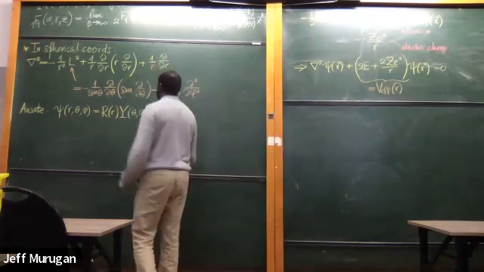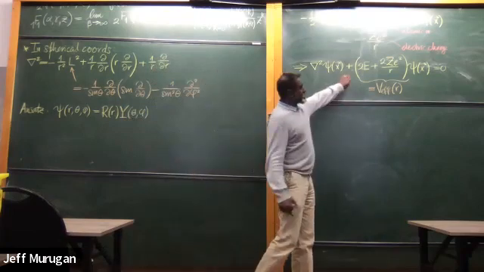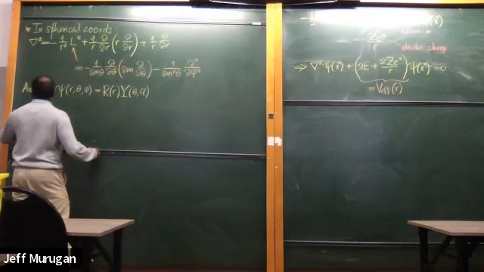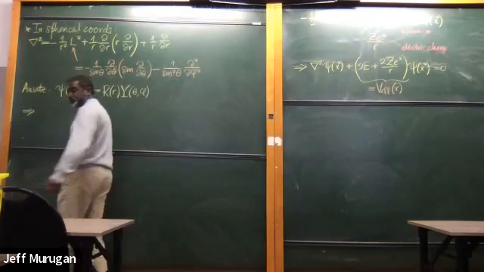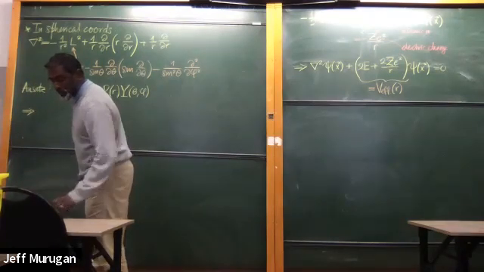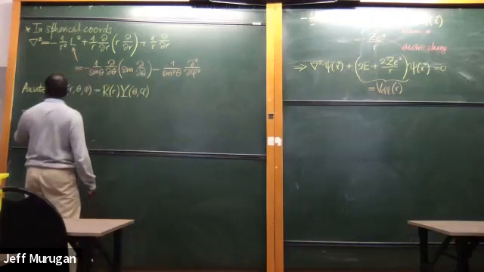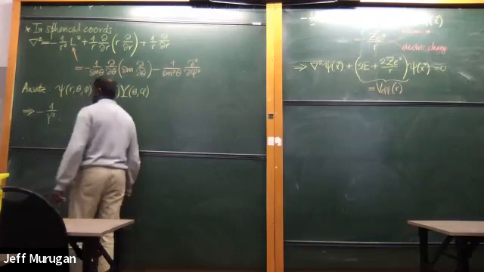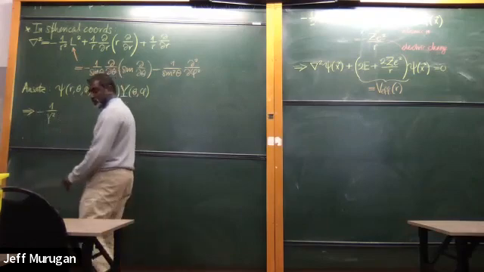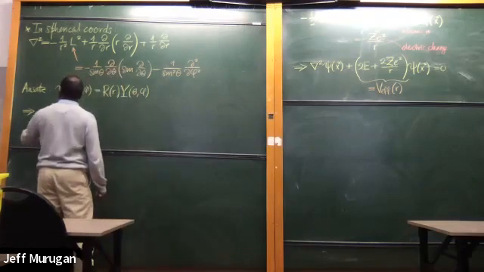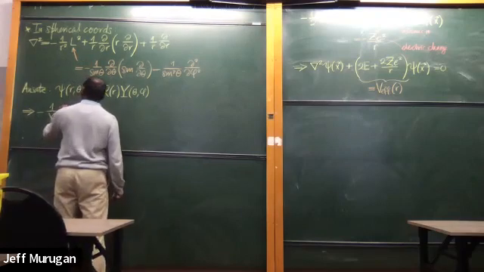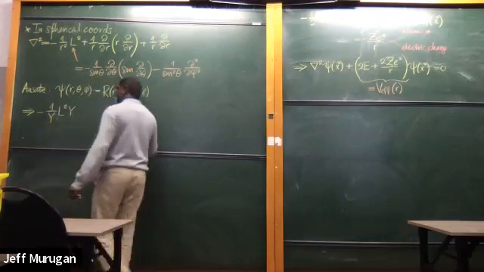If I substitute this into this equation here, I'll find that my differential equation, the Schrödinger equation, becomes the following: minus 1 over Y times L squared acting on Y